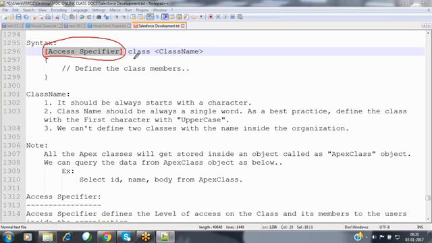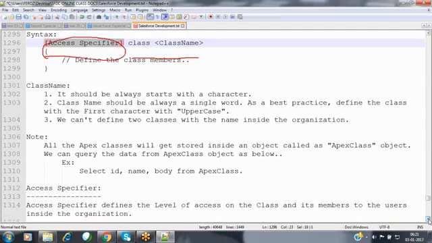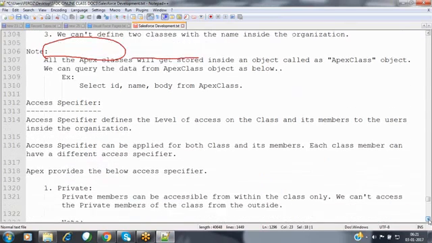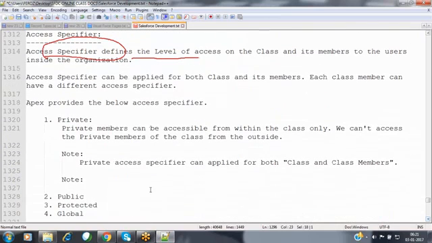Whenever you define a class and do not specify any access specifier, then the default access specifier is private. So this will be completely restricting by default. Now let's make a note here.